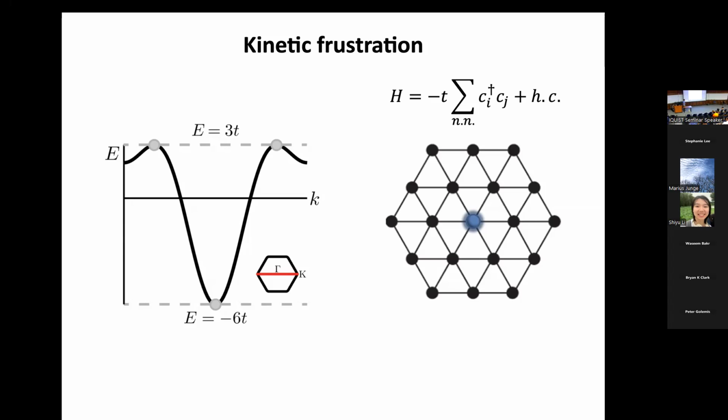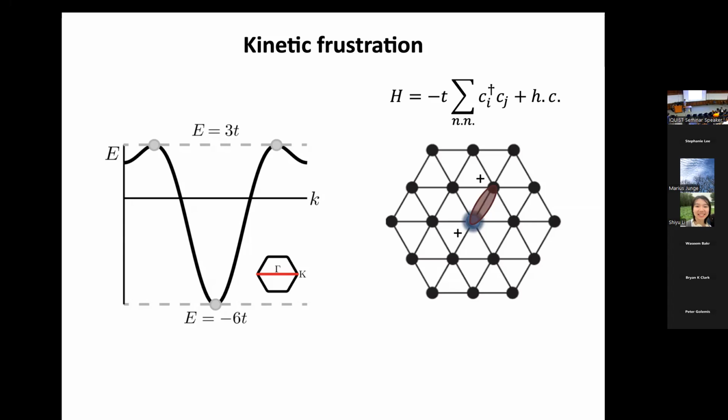Okay, so let me go through this again in a more contrived way. I want to lower the energy of this particle, so I want to delocalize it. I can delocalize it, say, on this bond. And for the proper sign of the tunneling, it wants to form a symmetric superposition of being on this site and this site. Okay, so there you go.